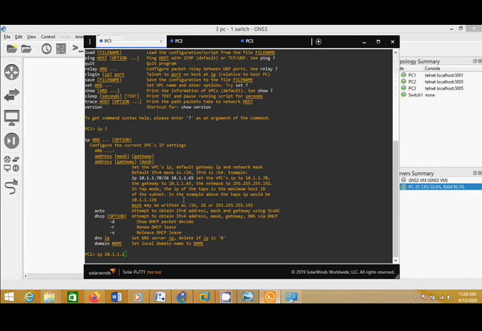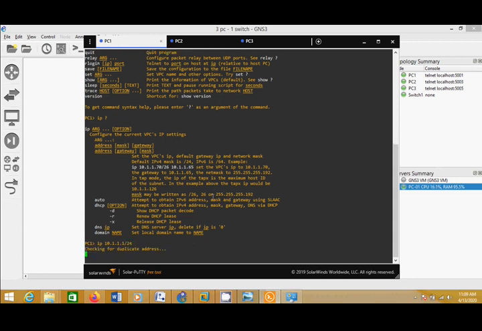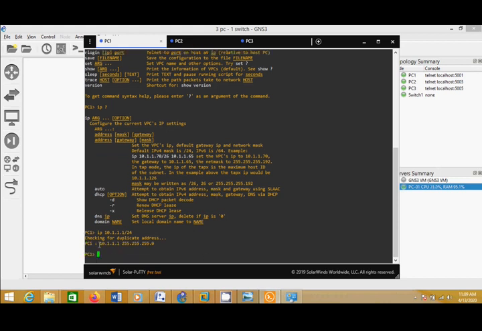So we can just type the mask as /24. Enter. See, this is the IP that we already set, 10.1.1.1, and this is the mask, 255.255.255.0, which is equal to /24.